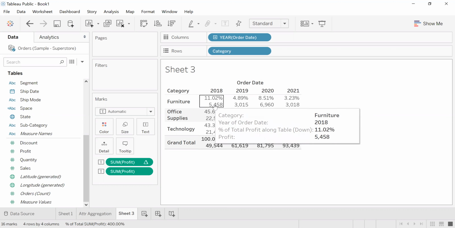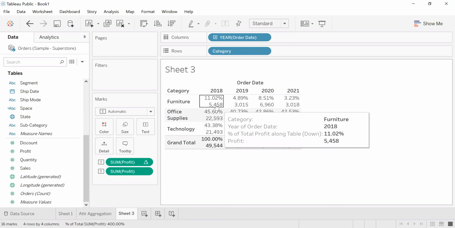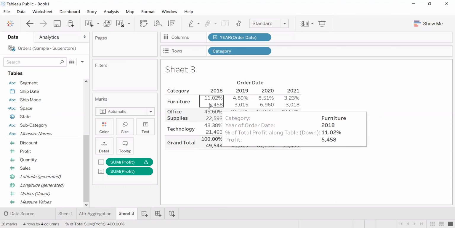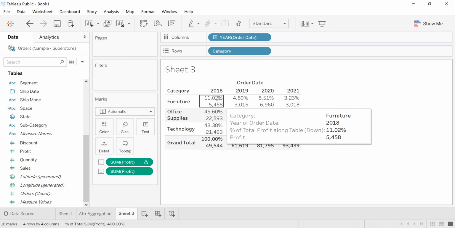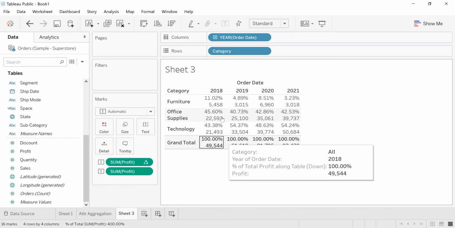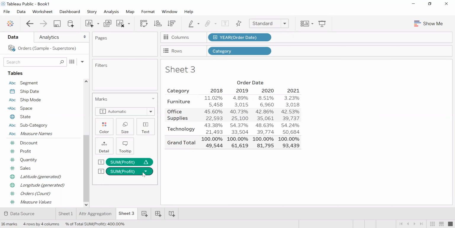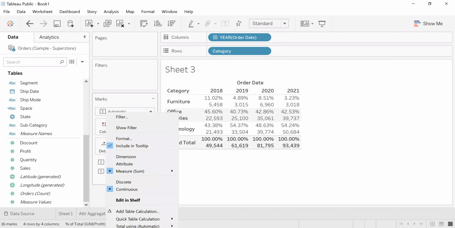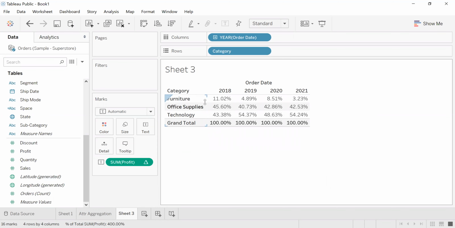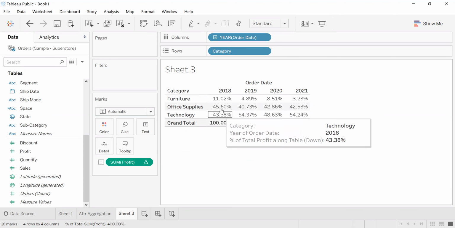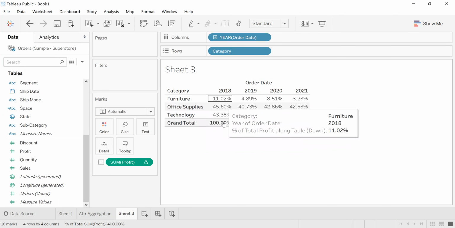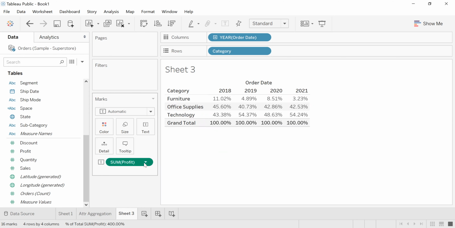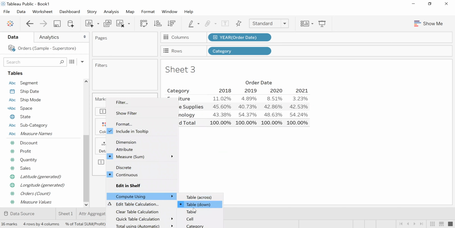The calculation is done on the partitioned data, and the addressing field is the direction in which we move; the calculation also moves. So we have moved downwise, because if you see the 100%, it is contributing from top to bottom. It means it is table down, and table across I've already shown. Next we have something called table.